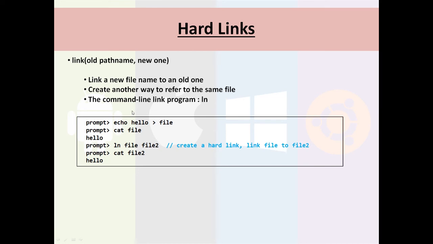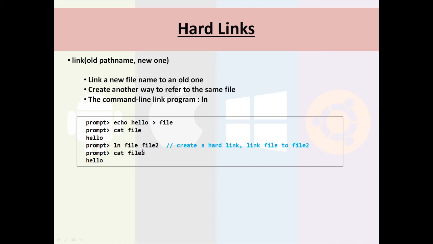So the command line program ln is used to do this. And you can see in this example what is happening. We perform that same echo hello, so we store hello in file. We then say cat file, so that's going to print hello to the terminal. And then we say ln, so we're linking file and file 2. So we're creating a hard link, and that's going to link file to file 2. Okay, and then we say cat file 2, and you can see it outputs hello. But we didn't store anything in file 2. But what we've actually done is we've made a link between file and file 2, so they're basically the same